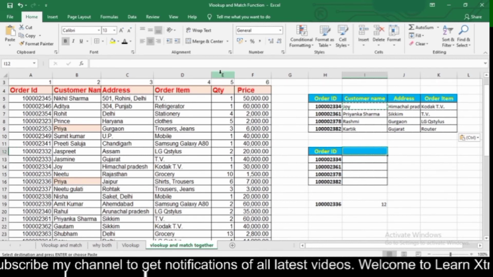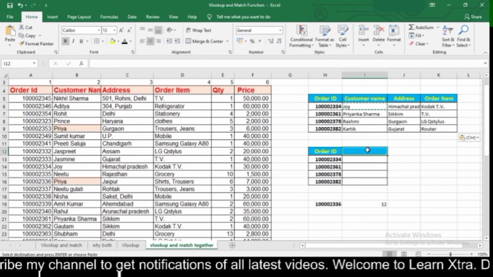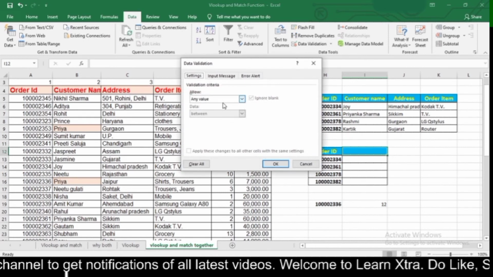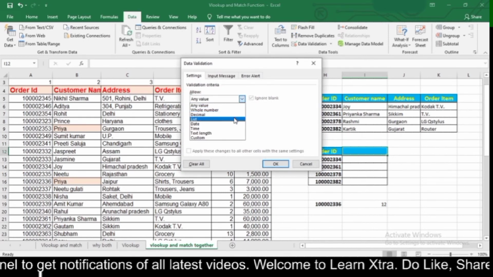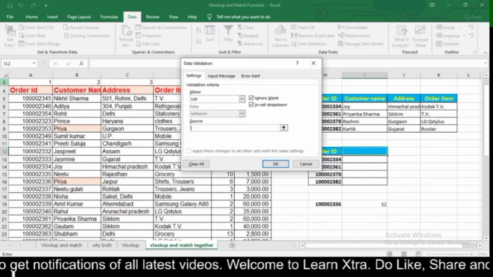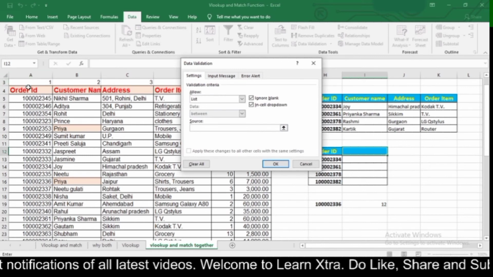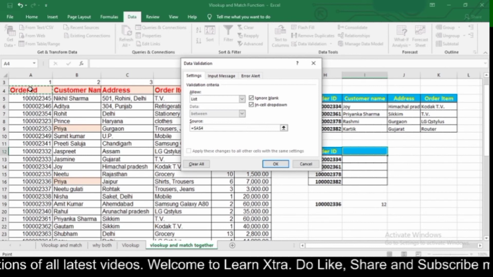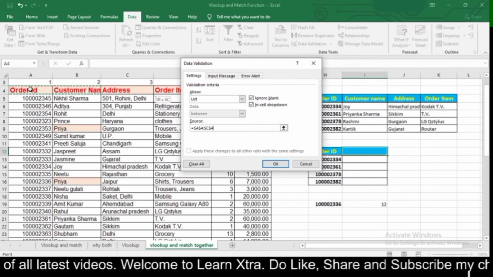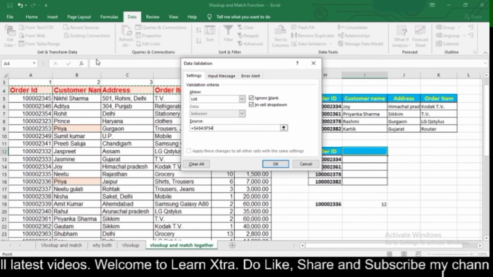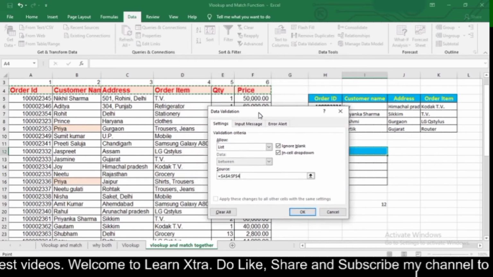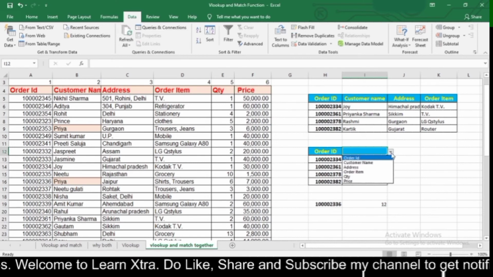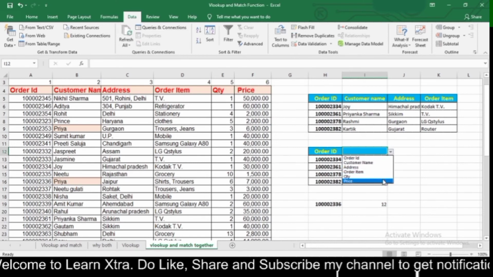So simply put the cursor here and then go to Data, and then from here select Data Validation, and from here I will select List, and in source select A4 to F4 and then press OK. So here I have got all my headings like customer name.